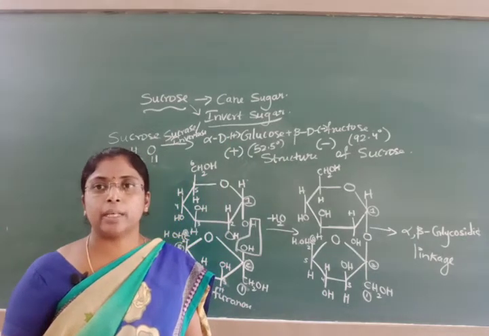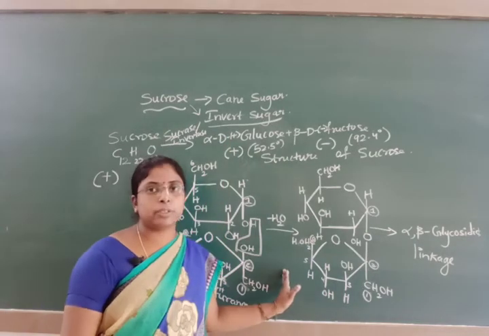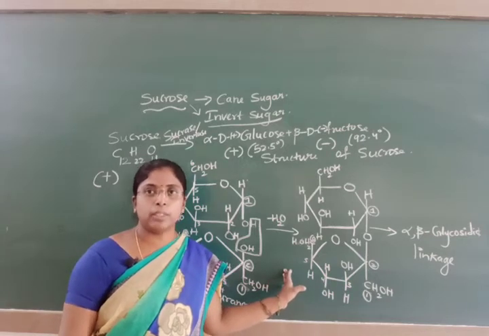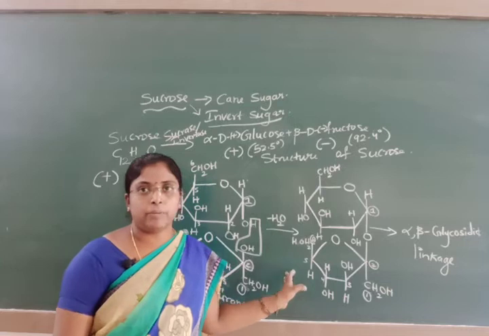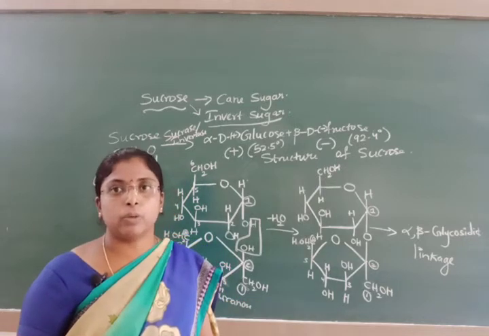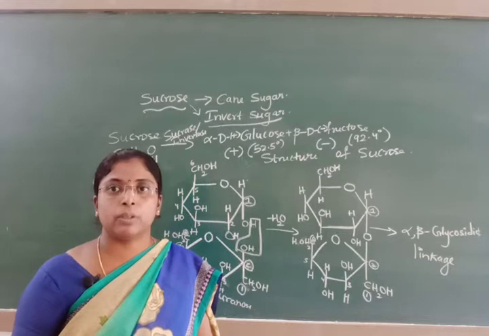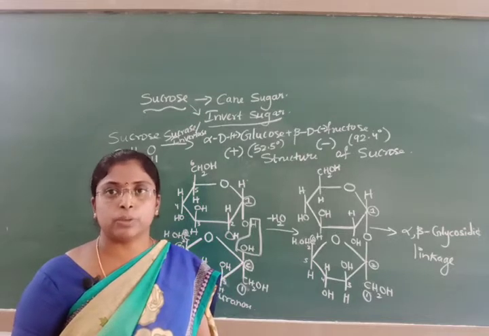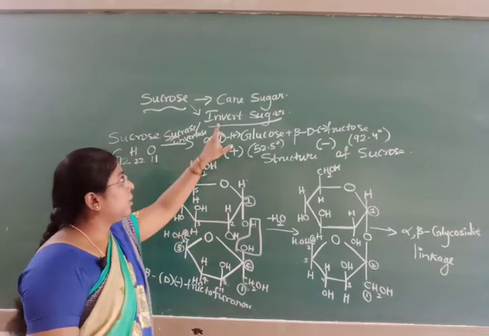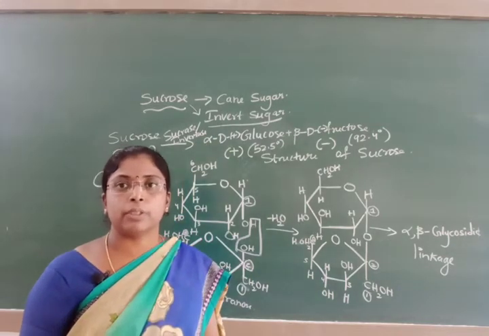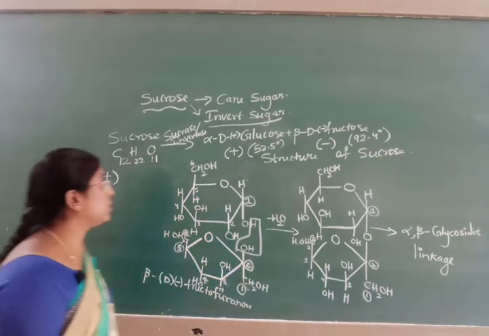In the exam, you will compulsorily get the Haworth structure of sucrose, maltose, or lactose. One among these three, and you can even accept glucose and fructose. Out of these five, you get 1 mark for the 2-mark question, and you may get 1 mark for: what is invert sugar? Why is sucrose known as invert sugar?